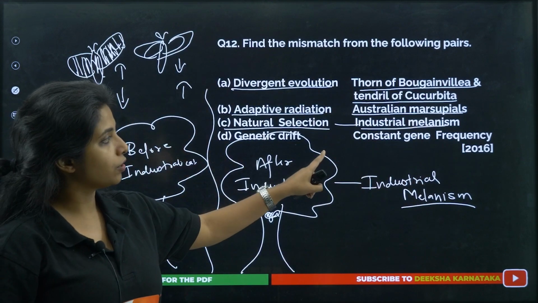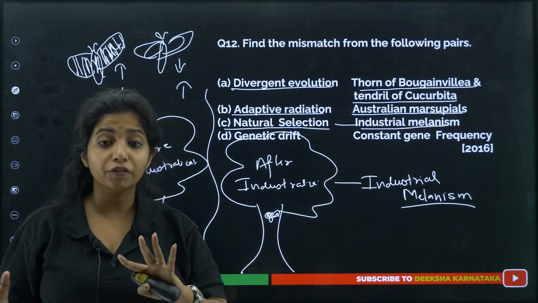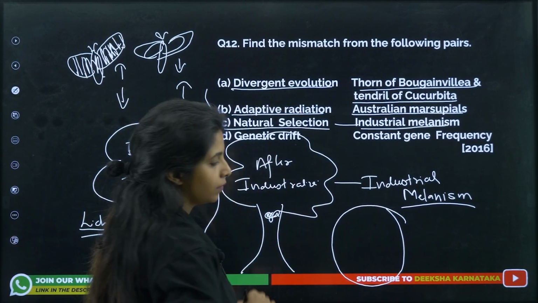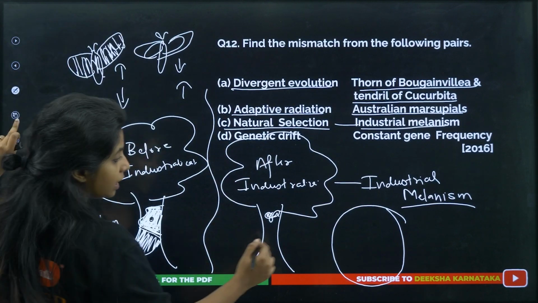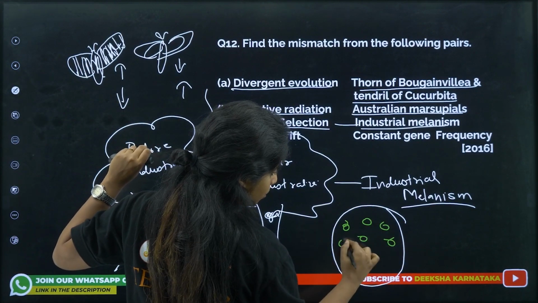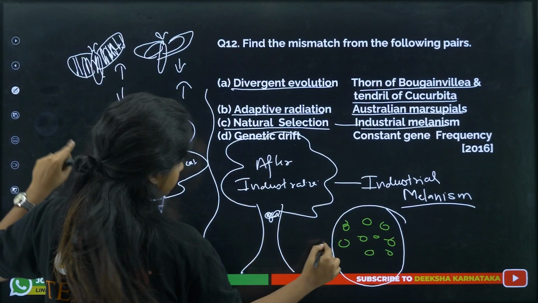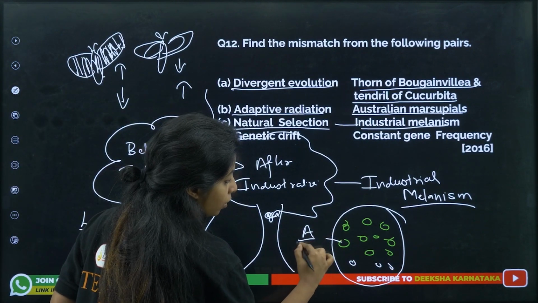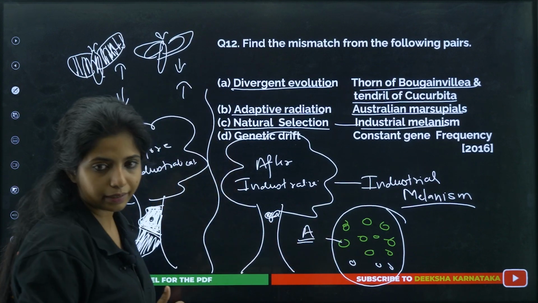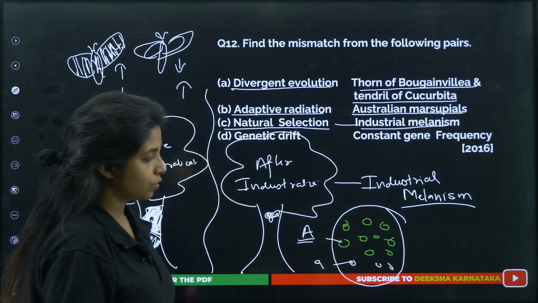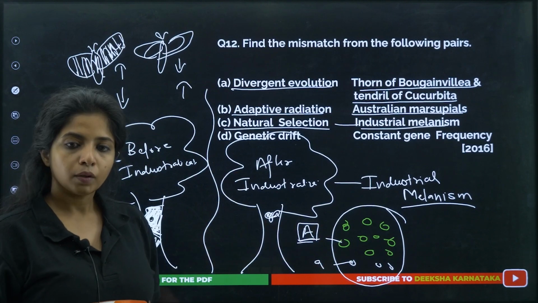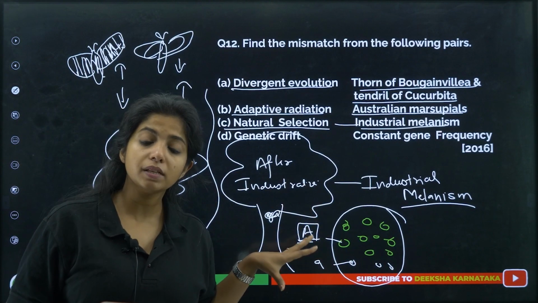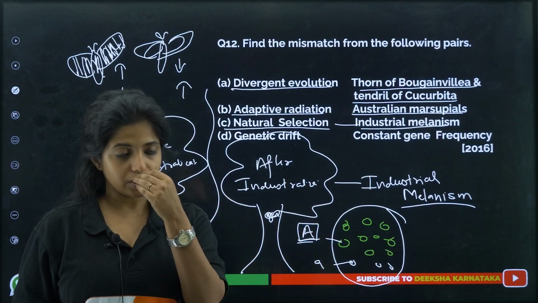Okay, now genetic drift. Constant gene frequency. Genetic drift means you are changing the gene frequency. Usually what happens is that, for example, over here I have a population, and over here there is green bug in way too much amount, and there is white bug. So I say green is dominant, a feature that shows when there is dominant allele, capital A. This is a feature when there is small a. So the gene frequency of this guy is way too much. And according to Hardy-Weinberg principle, the gene frequency of a population remains the same generation after generation. So that is Hardy-Weinberg's principle.